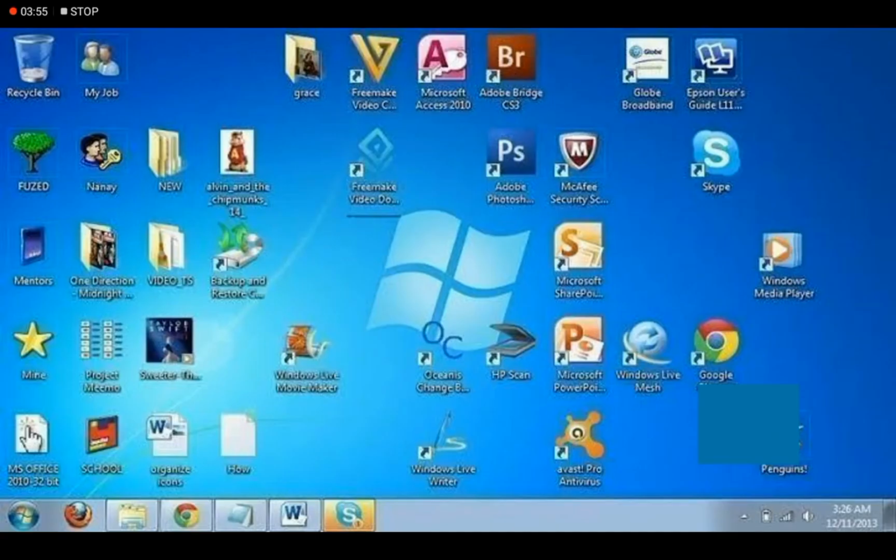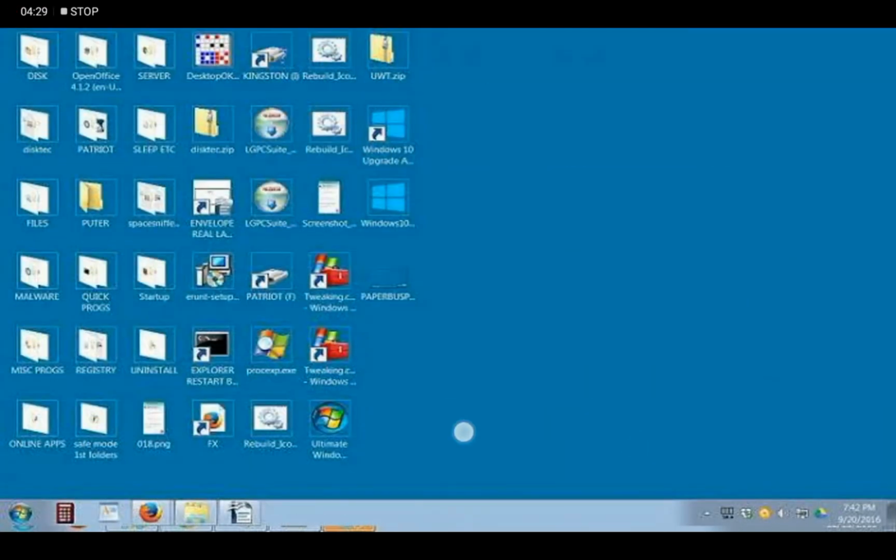Now as you can see on this screen, this is the desktop screen of a computer. Now all the apps are available everywhere on the screen. So it is not looking like an attractive desktop, it is looking like an unarranged desktop. If I arrange it with the help of these settings which I told you, it will arrange your desktop icons something like this. Now as you can see, all the icons are arranged in a proper place.